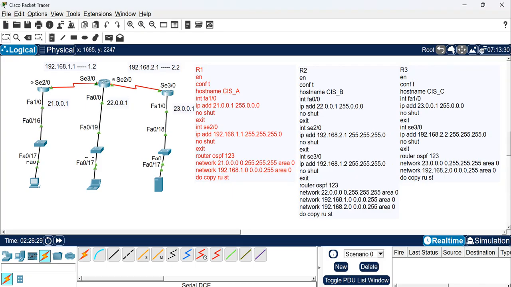OSPF configuration with 3 routers on the same area, area 0. Clear? So I'm going to say everything is